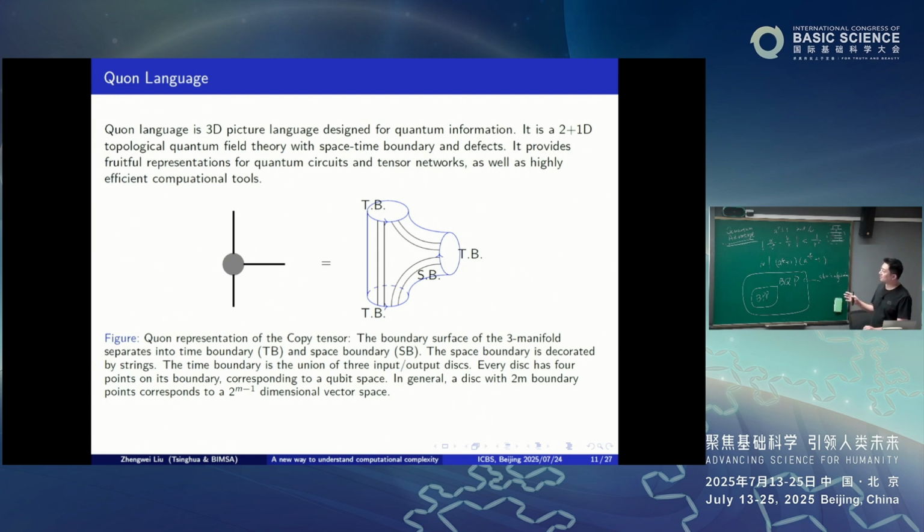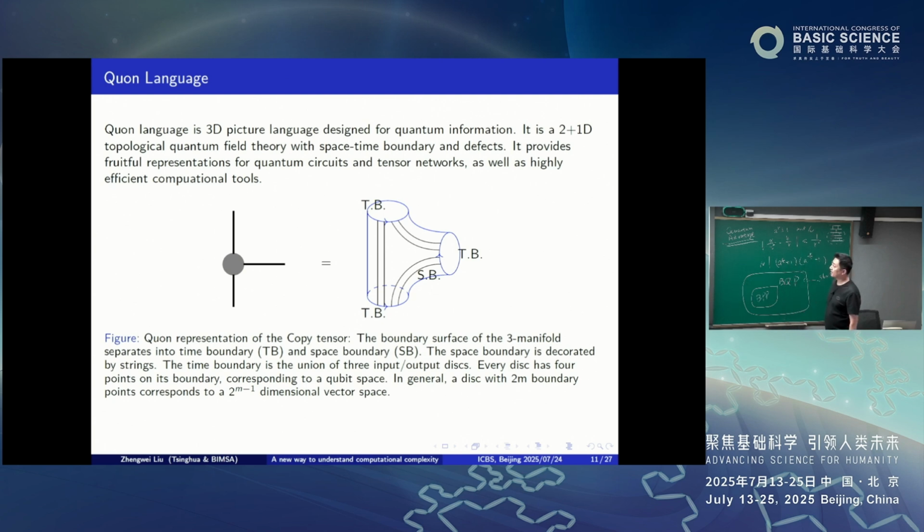So what's the relation between the tensor network language and TQFT? It's very natural. In a tensor network, you just have tensor products of vector spaces. A single qubit space is two-dimensional. If you have a vector in three single-qubit spaces, you have these three-leg tensors. And this is a tensor called the copy tensor. If you input 0, the output will be 0 and 0. If I input 1, your output is 1 and 1. So it's 000 plus 111.